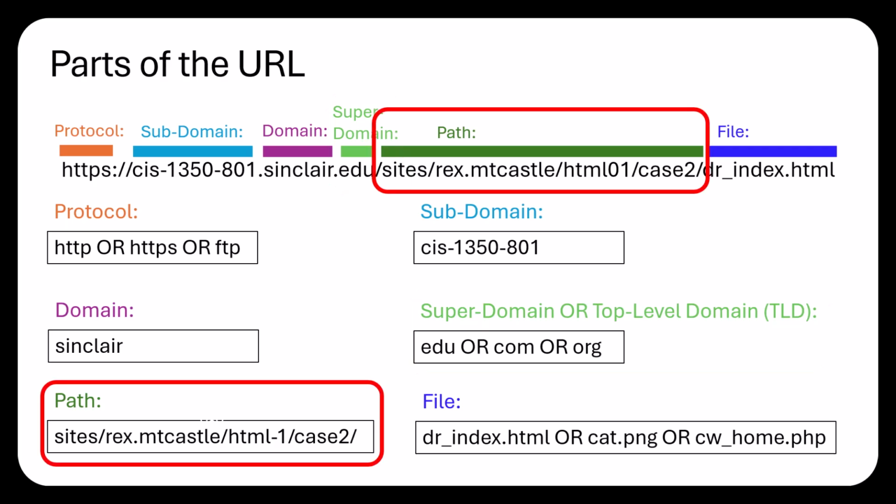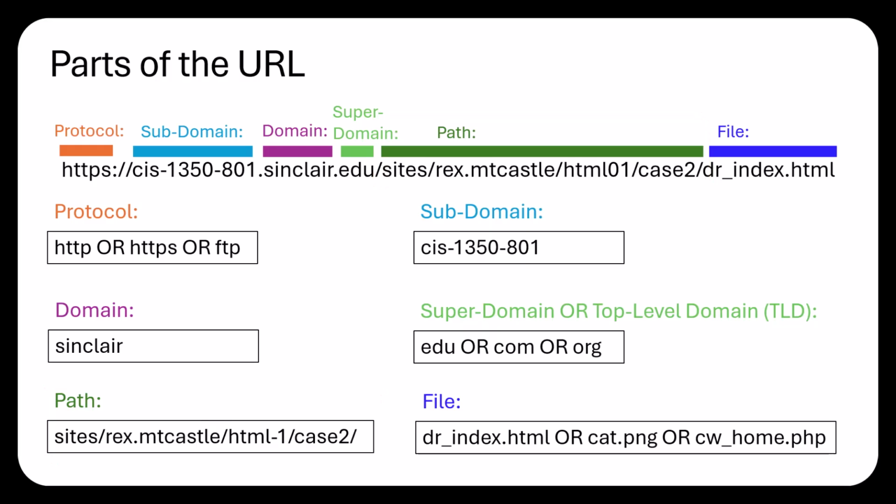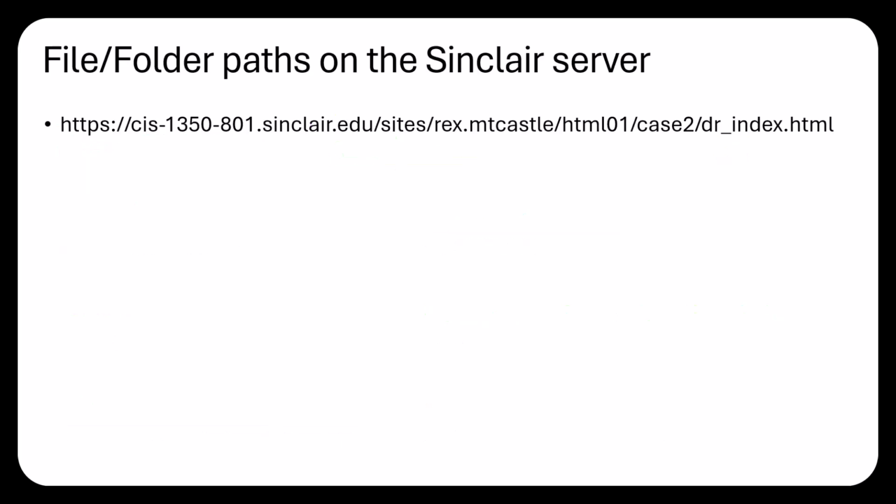The path refers to a specific location of a resource on the web server. In essence, it acts like a file or folder path on your computer, guiding the browser to the exact file or directory within a website's structure where the desired resource resides. Now let's take a look at the URL that we will be using for this class. So in the example of the URL,